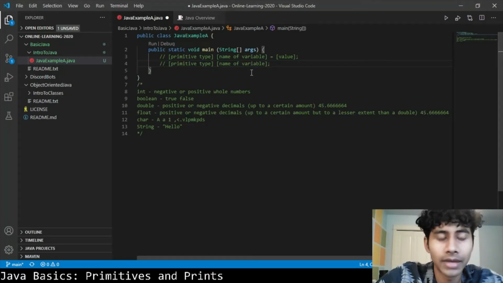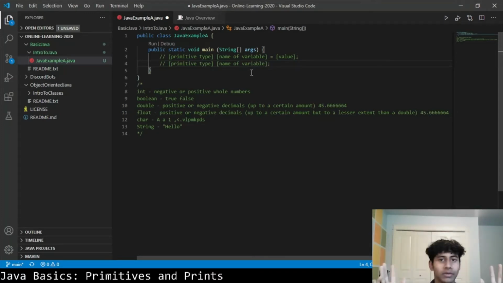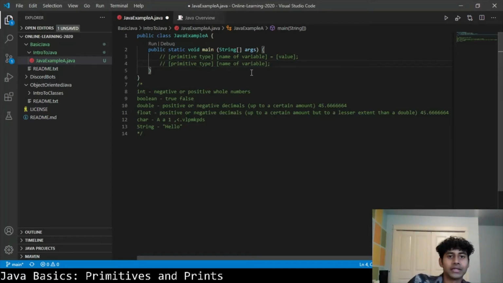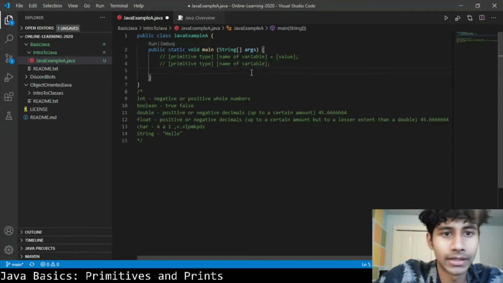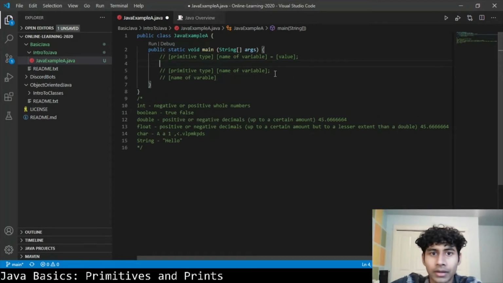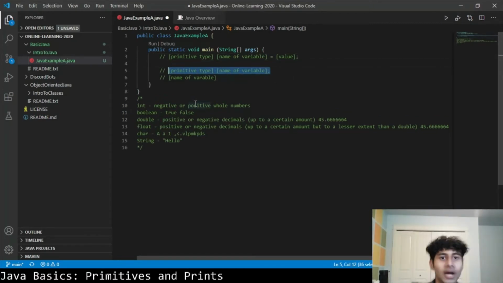And then you can just end that with a semicolon right there. And by the way, semicolons denote end of lines in Java. So that right there is you just basically created this variable, but it does not have a value yet. So what you need to follow that up with is going to be the name of the variable, and you don't actually need to put the type before it, because when you declared it in this line, you told Java that, hey,